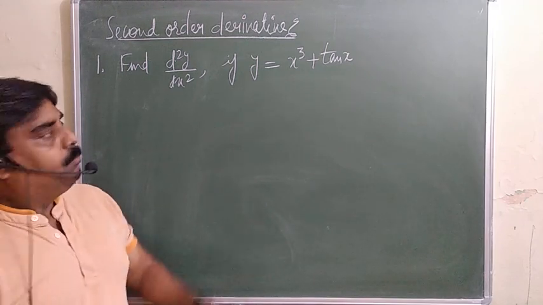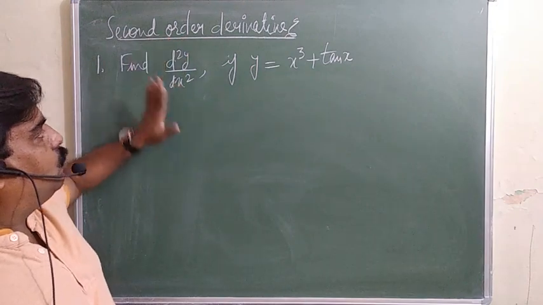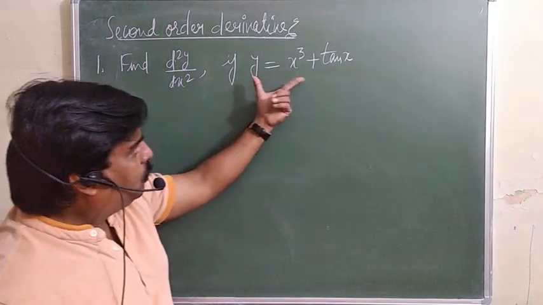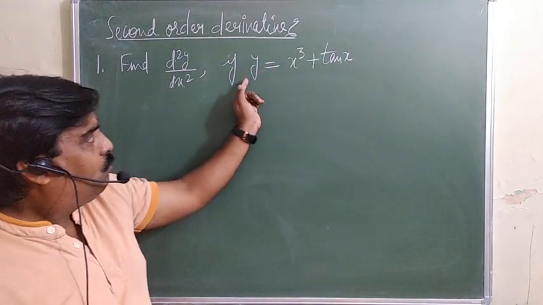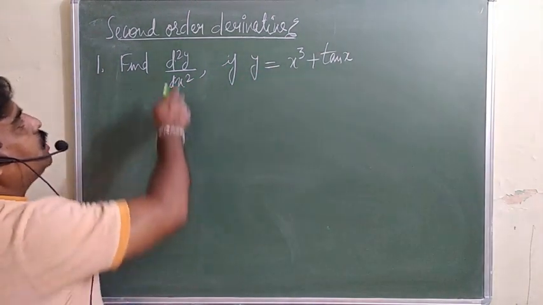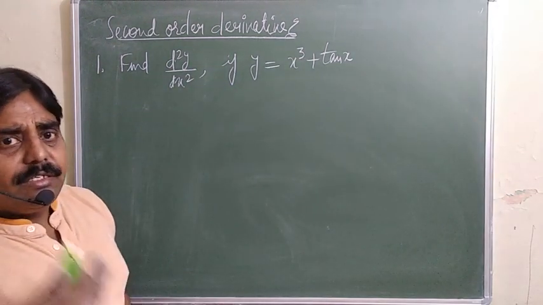Now we will discuss the second order derivative. Means we are supposed to find d square y over dx square. Suppose with the help of this one question we will try to answer this. Y is equal to this, which is given to us. You have to find out d square y over dx square. Means second order, you are supposed to differentiate two times only.